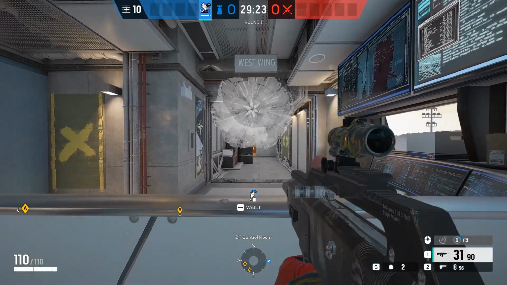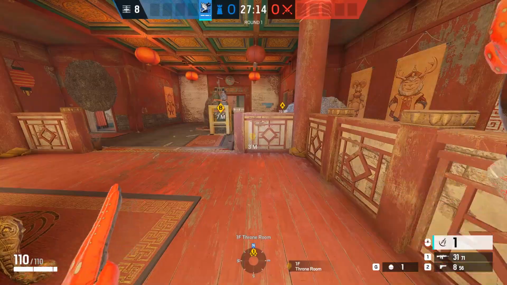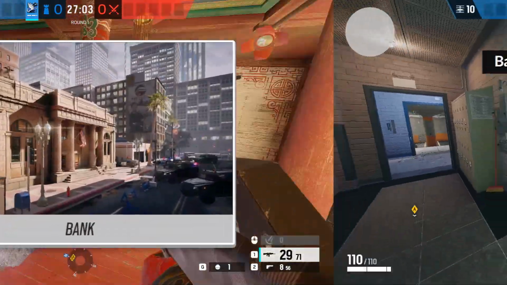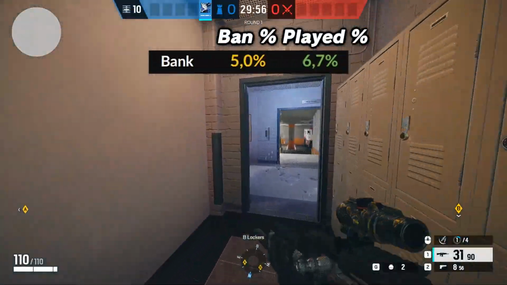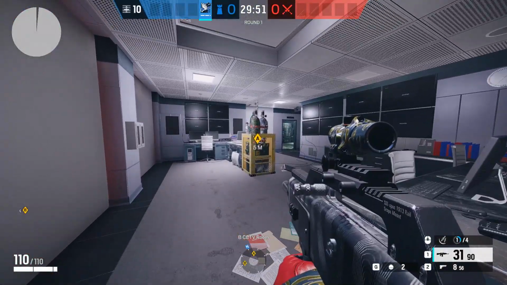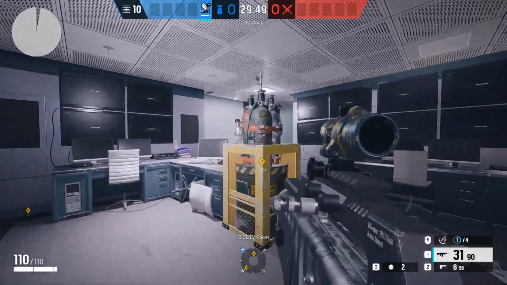Today you will learn some of the best Azami placements for every map in Rainbow Six Siege right now, starting off with Bank. So the first map we're going to be having a look at is the basement objective on the map Bank. Starting things off, we're going to come straight into the CCTV room, and a popular angle